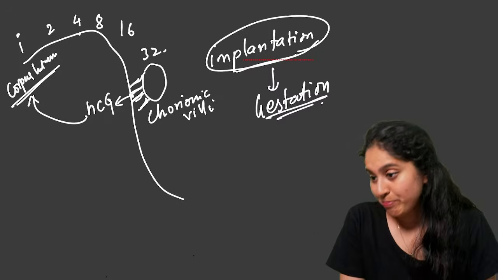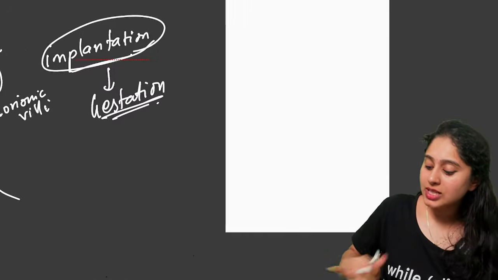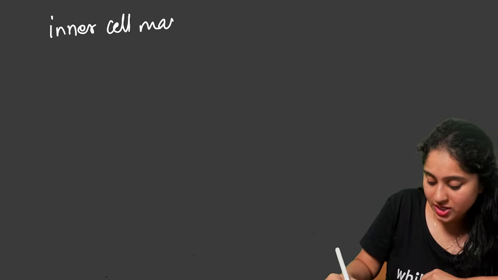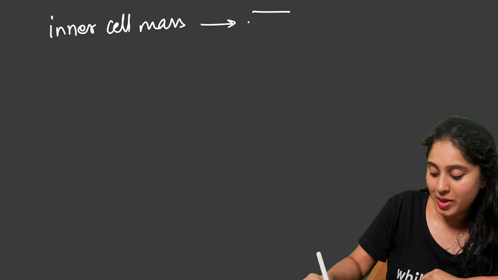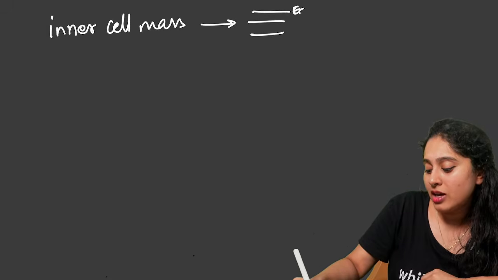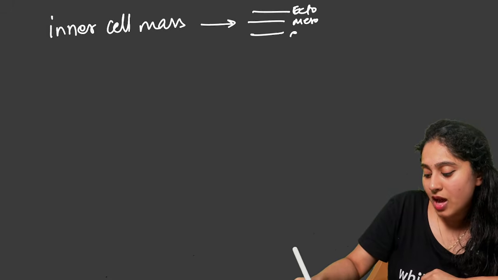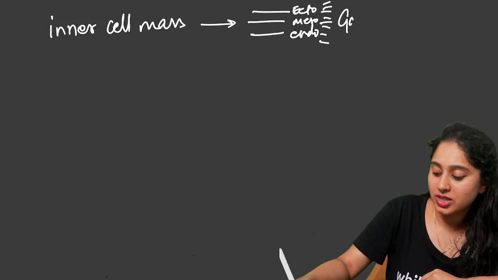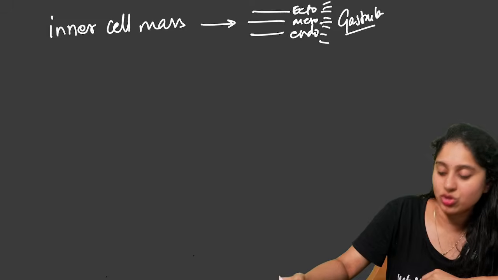Okay. So now this particular gestation process is how this inner cell mass and all of these cells will develop and become a whole baby. So here the inner cell mass will now undergo differentiation of layers. It will form an ectoderm, endoderm and a mesoderm, and from here organs will start forming. So this stage is called a gastrula.